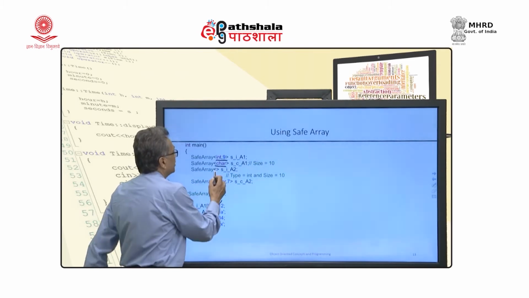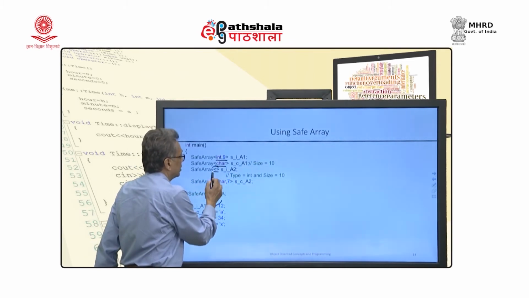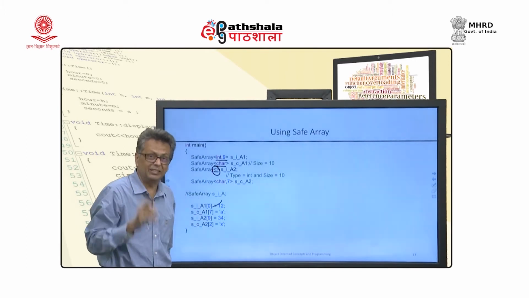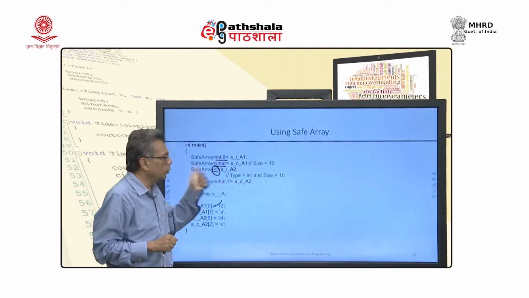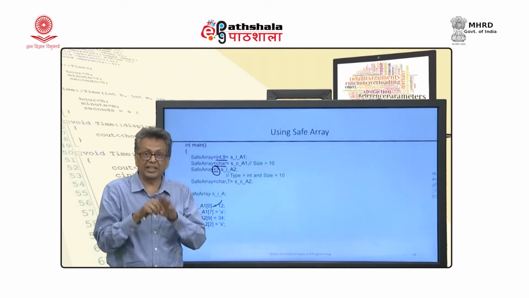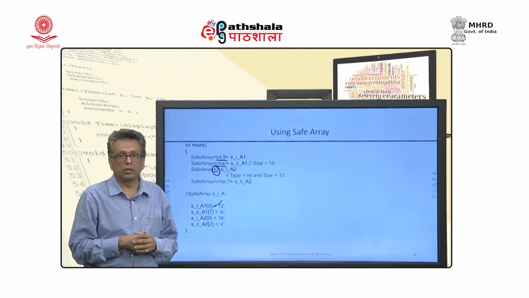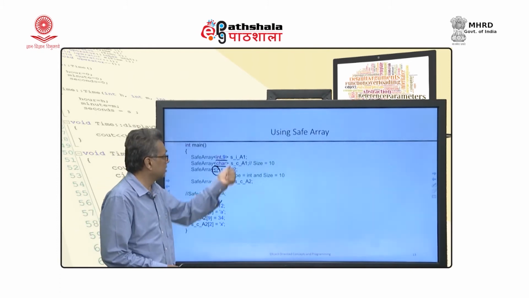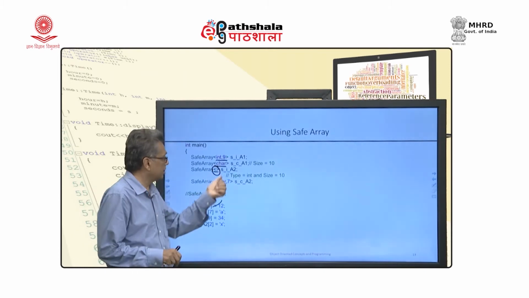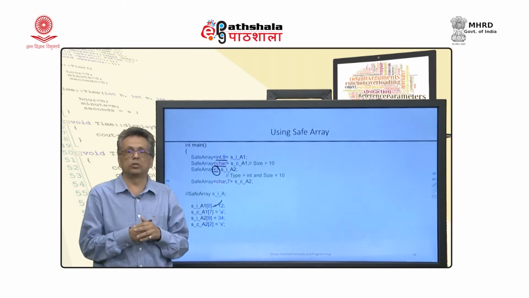I am not calling with any argument, but this empty angular bracket is very much needed. You cannot omit it like a function template. You have to have it. When you have it empty, it will take the default value. So, int and 10 will be assumed. So, here are 3 cases with different sets of arguments. So, you can understand now the use of default arguments.